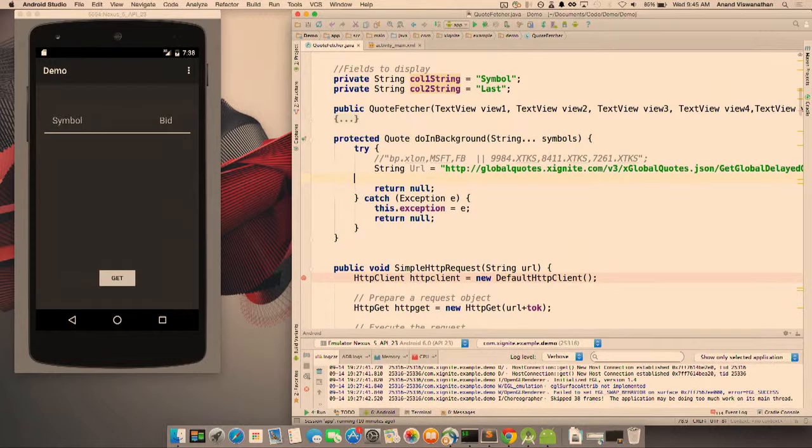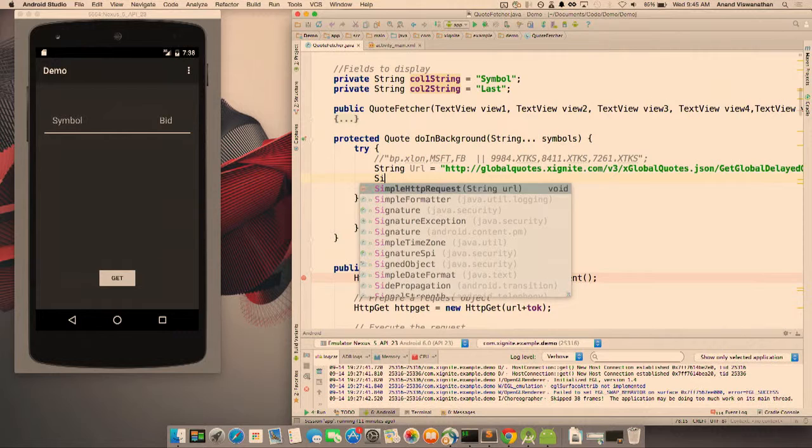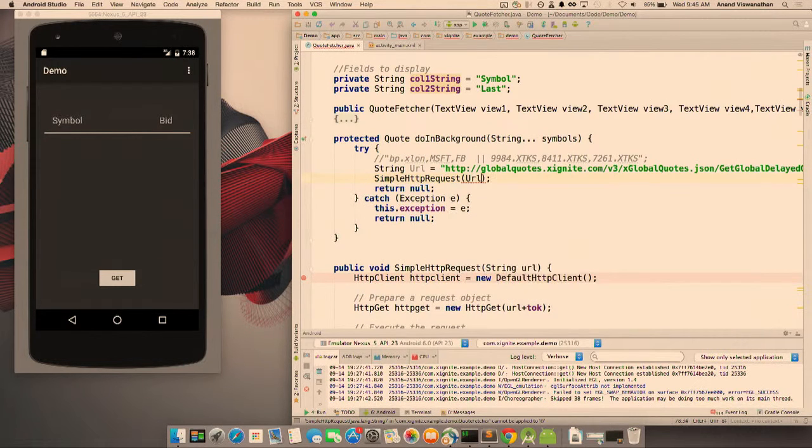We're first going to use Xignite's standard RESTful web APIs to retrieve this data, which a lot of you may be familiar with. It's extremely easy to do. So to do this, we're going to use the simple HTTP request method and pass in the URL. The URL here, as you can see, points to Xignite's global quotes service with a call to retrieve quotes for a few symbols.